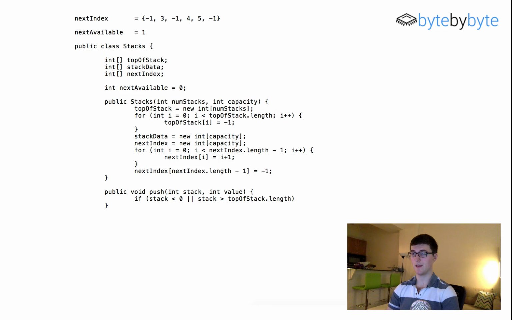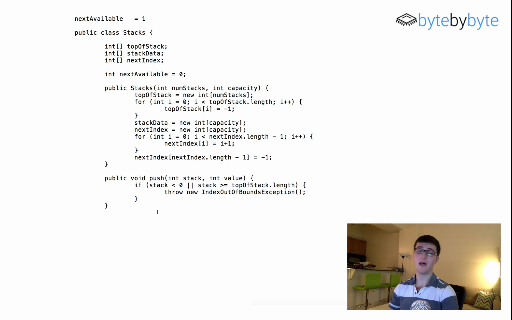So if stack is greater than or equal to top of stack.length, right? Then I'm going to throw a new IndexOutOfBoundsException, like that. And then I also want to make sure that I have a next available place to put it. So I also want to say that if next available is less than 0,